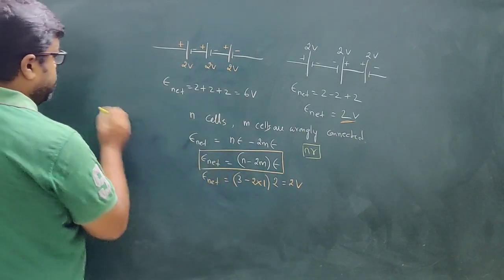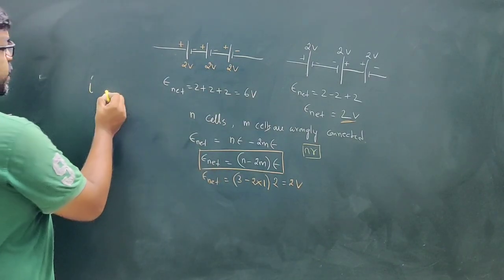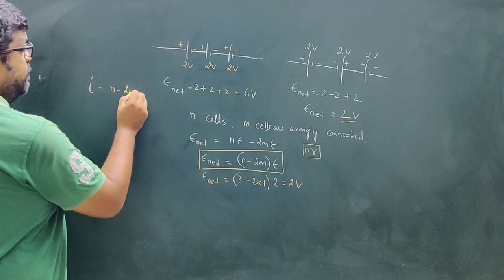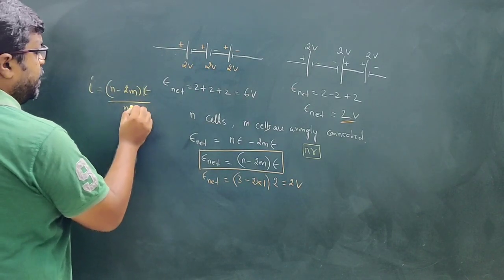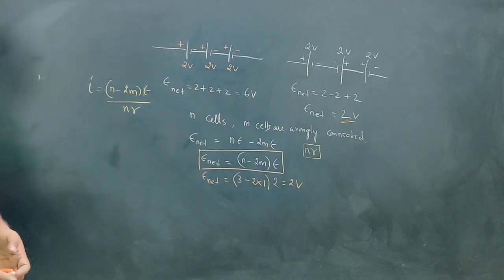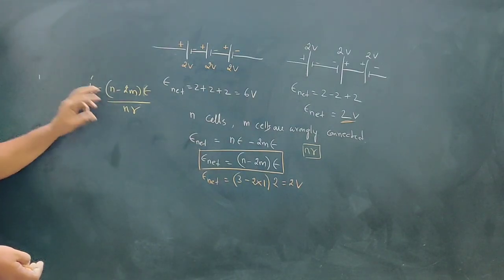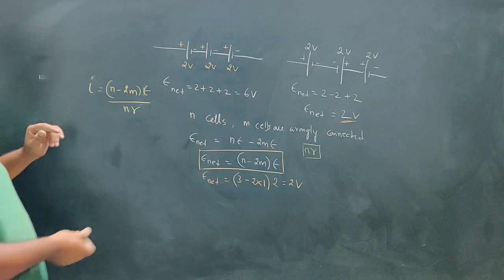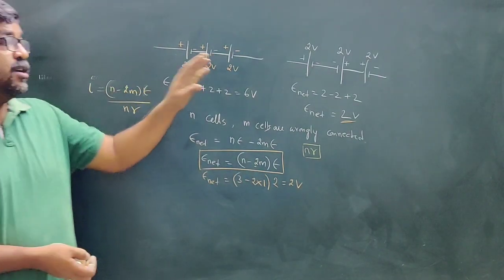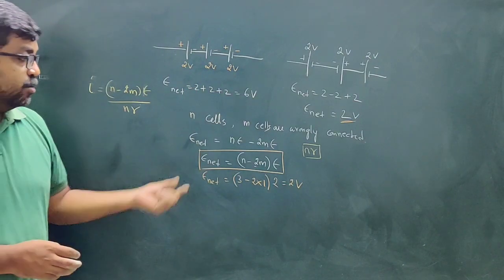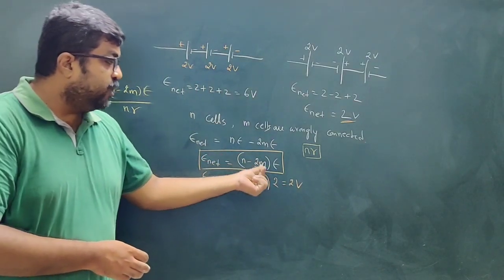So in that case, if we are calculating the current, it will be (n minus 2m) times E divided by nr. So this is the expression for current. The internal resistance is not going to change. It is only the EMF that is going to be affected when cells are wrongly connected. So the general formula is n minus 2m into